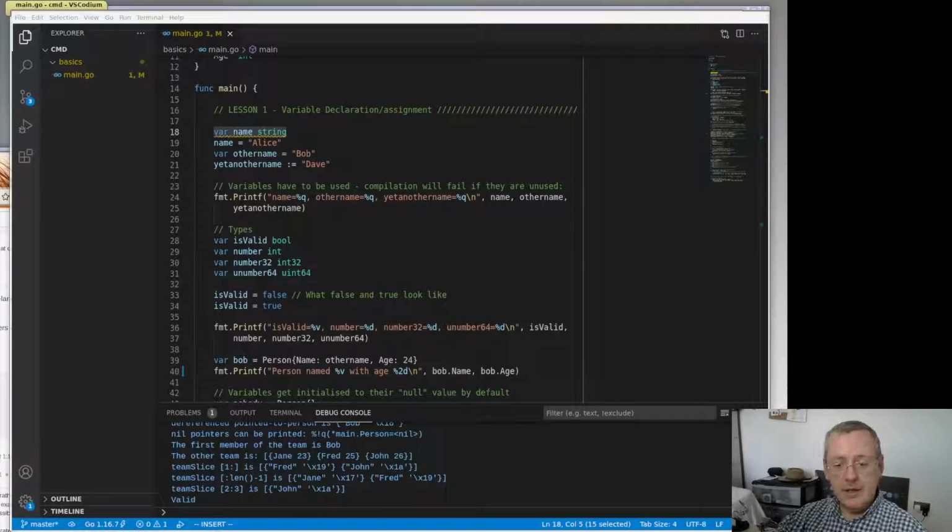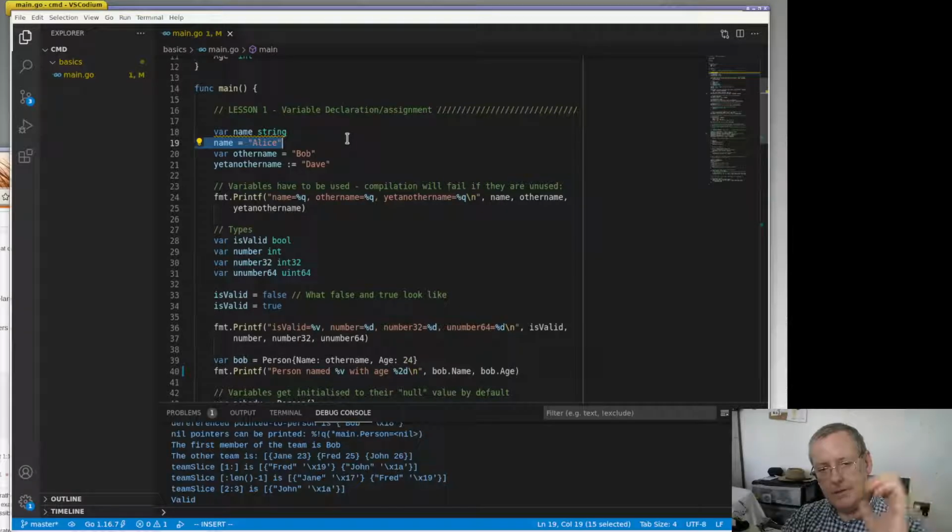But let's start at the beginning and have a quick look at how to declare variables. First of all, I've got a little example here, and you can see that we've got a main function here. That's a bit like C. Main is the first function that gets executed in a Go program. And here we're going to define a variable called name, which is of type string. That's a bit strange for some people, maybe, that we've got the name first and the type second. Here we're assigning a string literal, Alice, into the variable name,